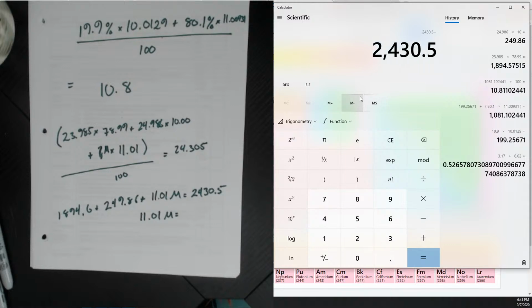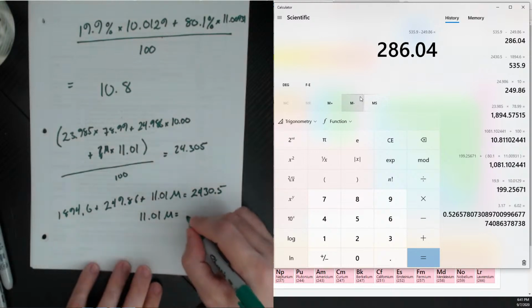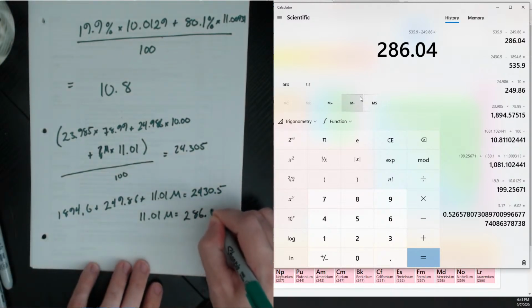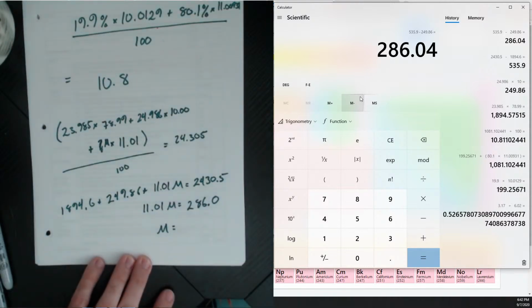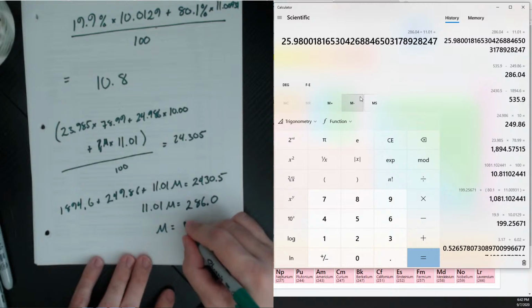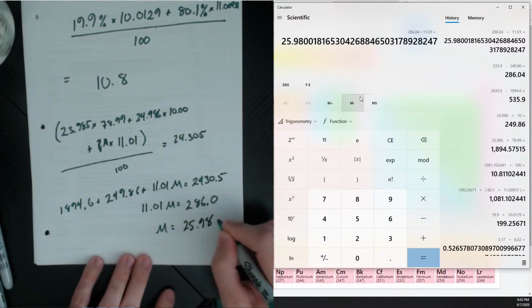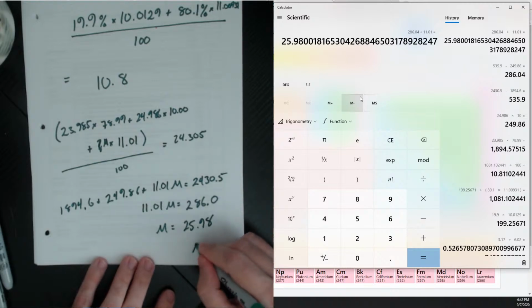Subtract both of these, we're going to get 11.01 M is equal to 2430.5 minus 1894.6, and then subtract 249.86, gets us 286.0. Divide both sides by 11.01. Gives us 25.98, which means, barring a rounding error, we're looking at magnesium